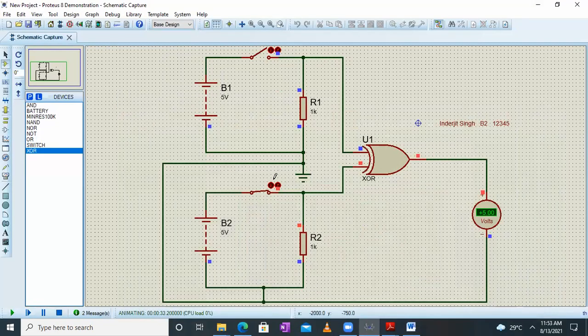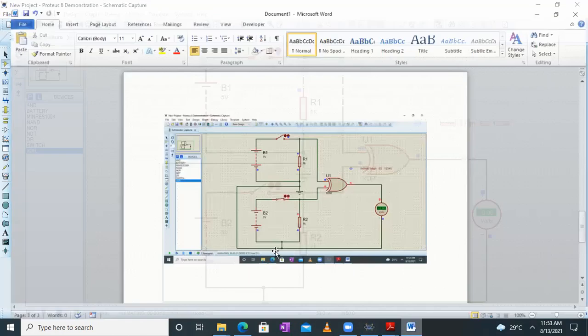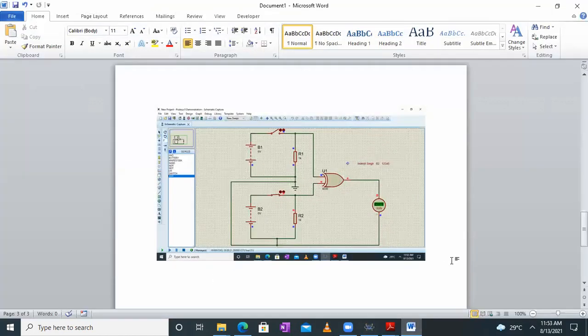Okay, and now let's test the case when both the inputs are the same. That means I can close it over here. So both the inputs are logic 1 now. The output is 0. So that is perfectly matching. And let me open the switches so that the inputs are 0, 0. Whenever the inputs are the same, again 0, 0, the output is 0. So that's the functionality of your XOR gate. Let me again print screen and add it over here like this.